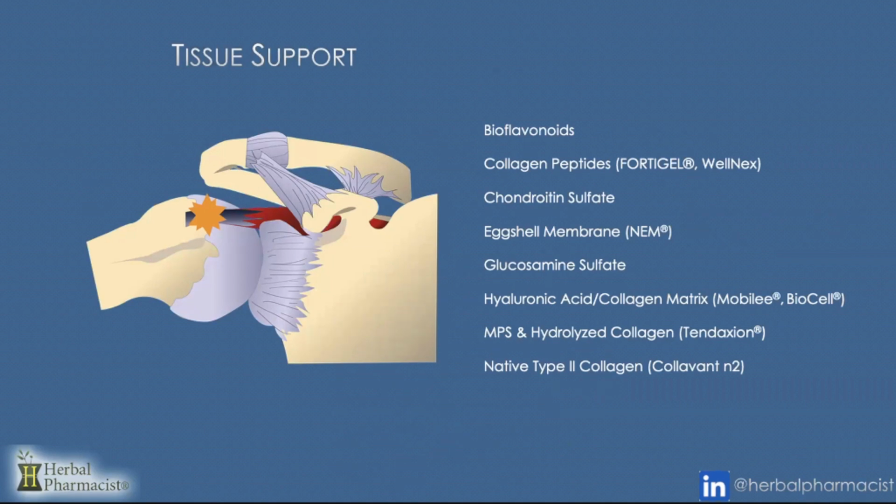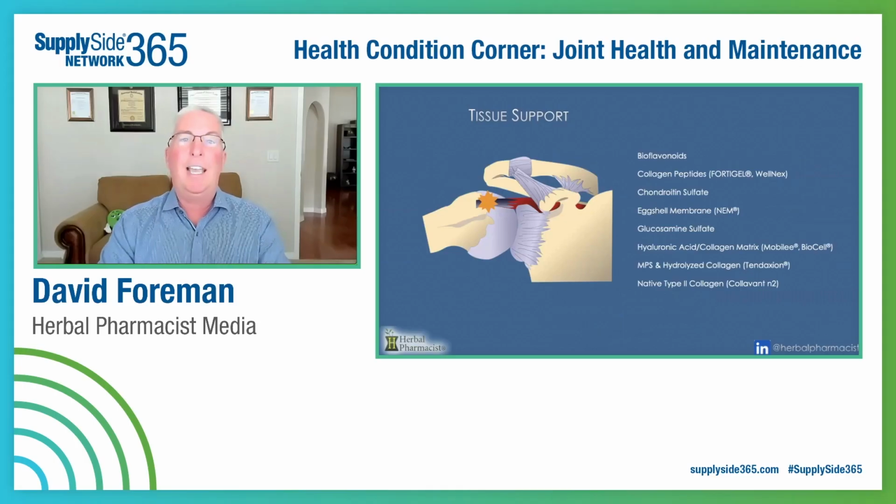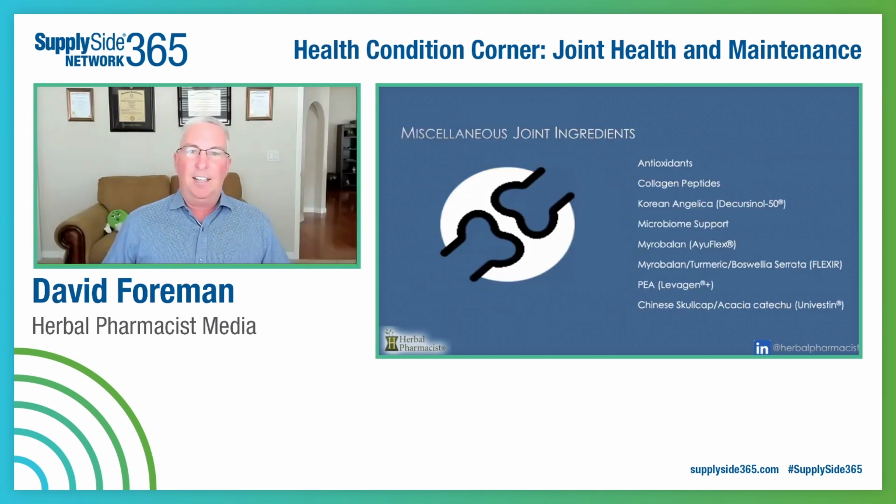Native type 2 collagen is actually something I'm considering adding. I only recently relearned about it in the last 5-6 months as part of my connective tissue damage I had from my running. Last but not least, I called this miscellaneous, and some of these could cross over to the